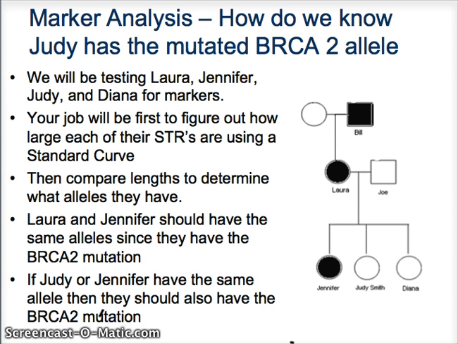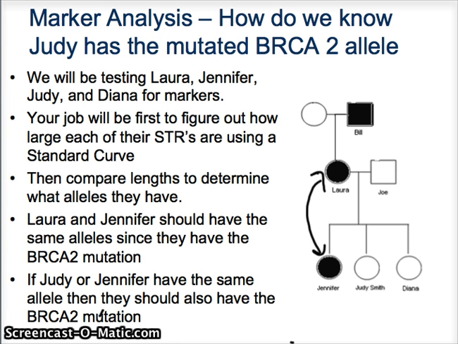we know these two have the BRCA2. Bill, remember, has passed away. So we know Laura and Jennifer have the BRCA2. So what we're going to have to do is, using a standard curve and gel electrophoresis, figure out what STRs these two have in common, because if they have those STRs in common, that's the chromosome that the BRCA2